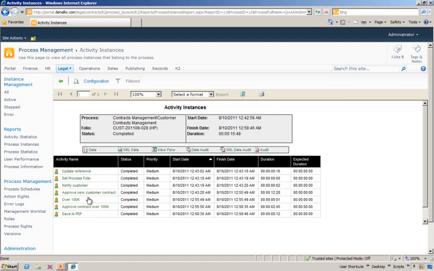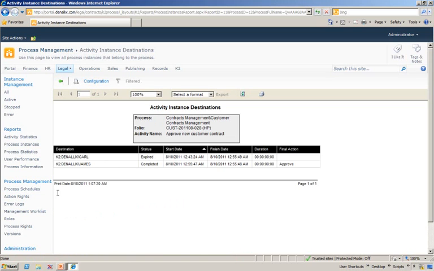We can also drill down into approve new customer contract and actually view who was responsible for that step and making that decision. So as you can see, originally it was assigned to Carl, who then redirected it to Neil, and Neil was out of office, who then delegated the work to James, and finally James actually completed the work. We can record when it was actually done, and also the final action or decision that was made to approve